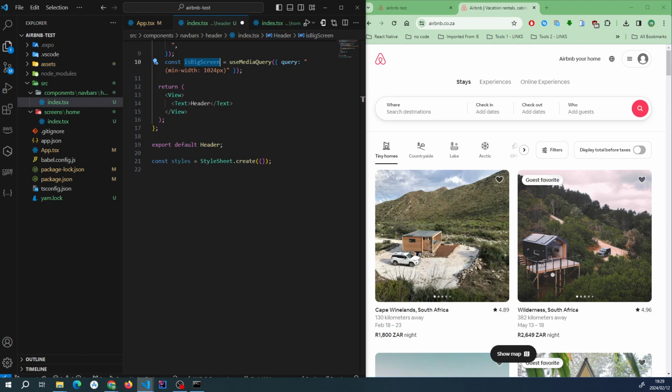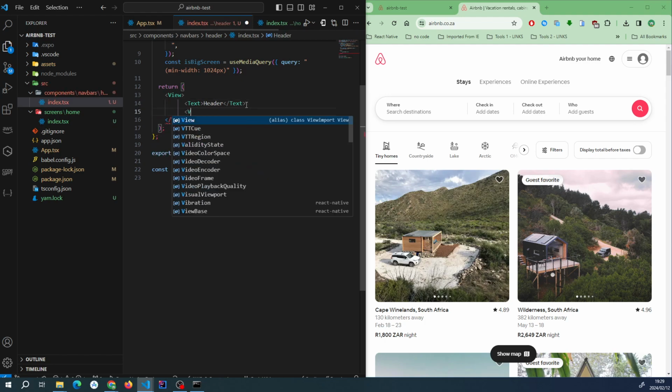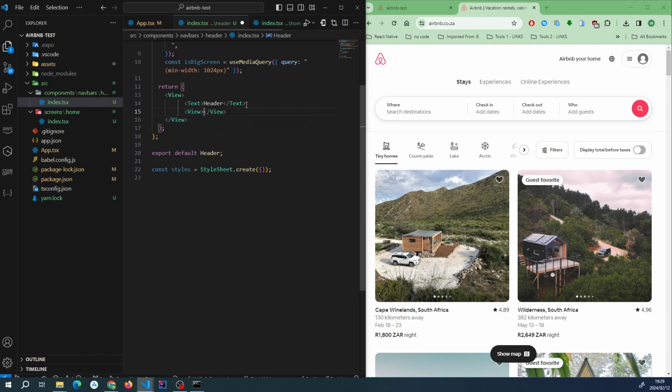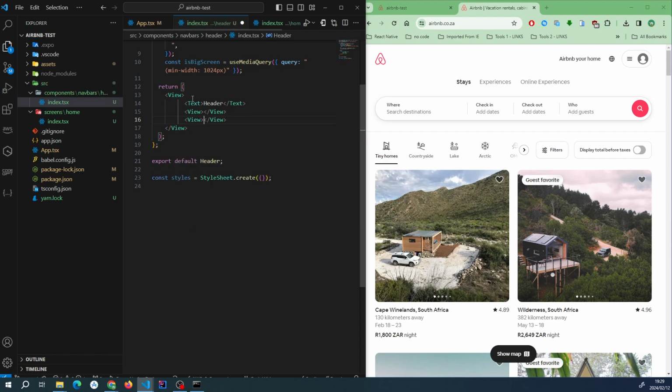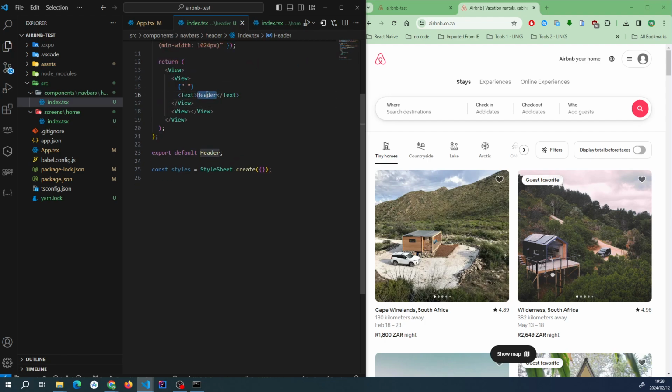Okay, so how would you create the layout? So basically we have the image here, and then we have these two sections. So basically we just have two views inside of here. So let's just have view number 1, and we also have view number 2. The first one is the one that's going to have the logo, and then the second one is going to have that avatar and